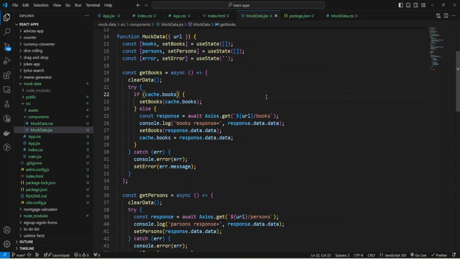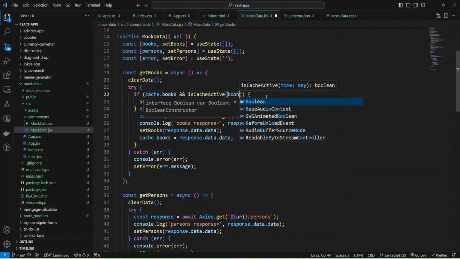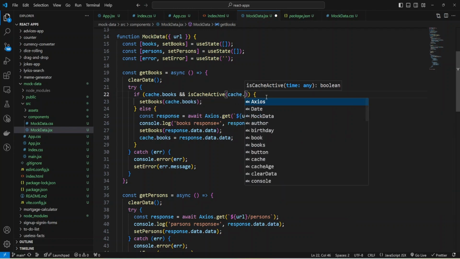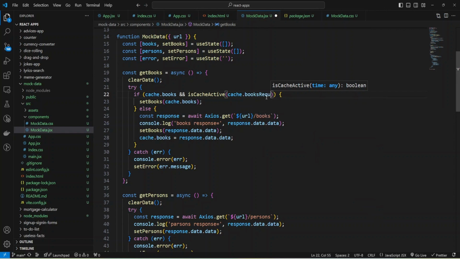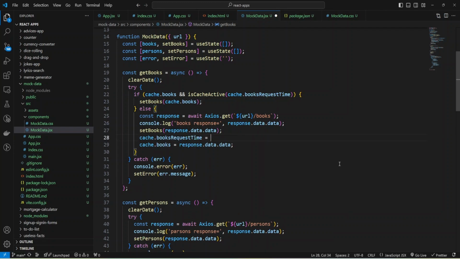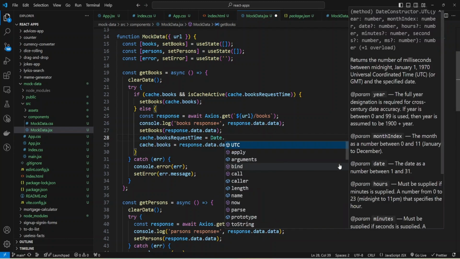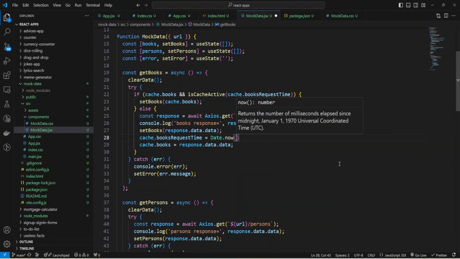And I need to change conditions here and check if cache active, and I need to provide time, and as time I'm going to use cache, and I use my books request time, and I need to update this time every time the request was made, and it will be just current time in Unix timestamp.